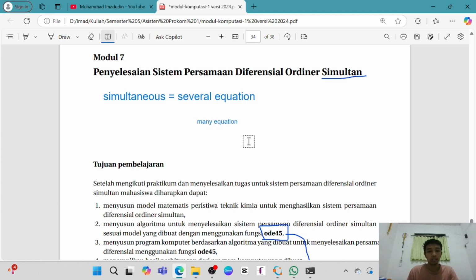Meanwhile, in module 6, we have just one. This simultaneous is several equations.